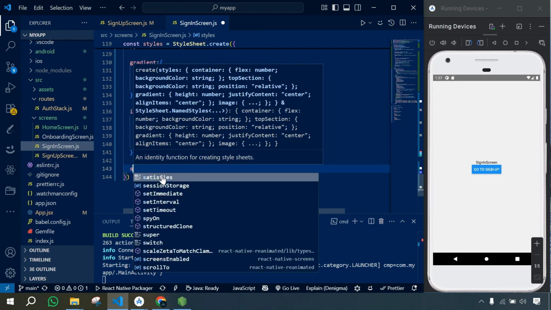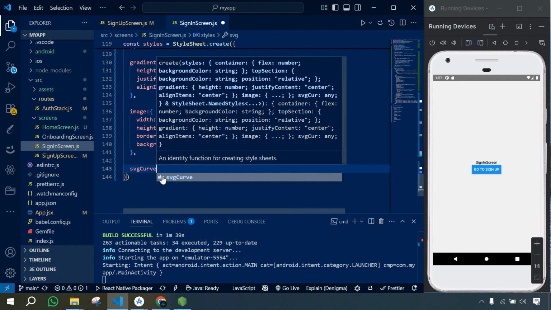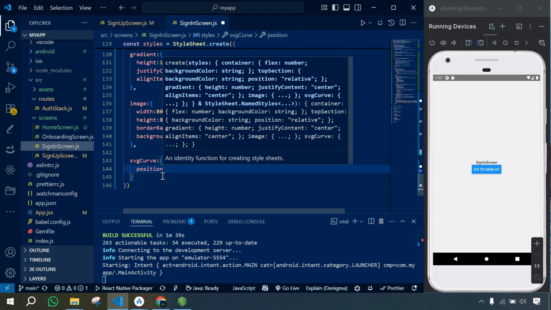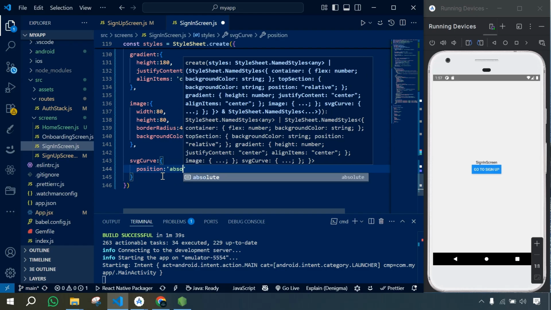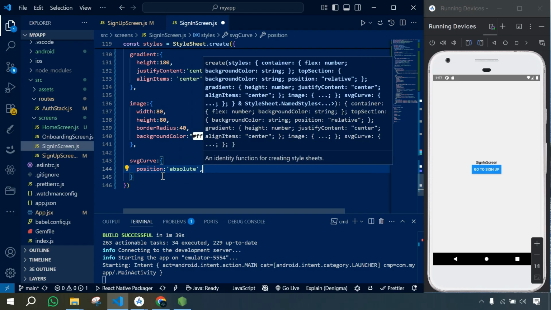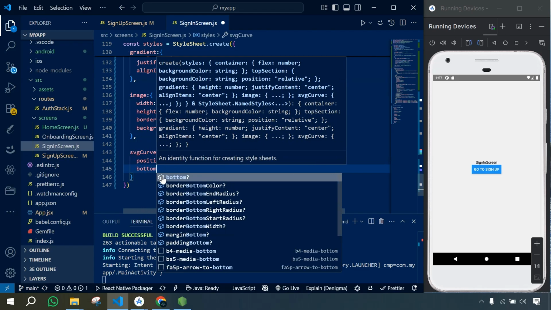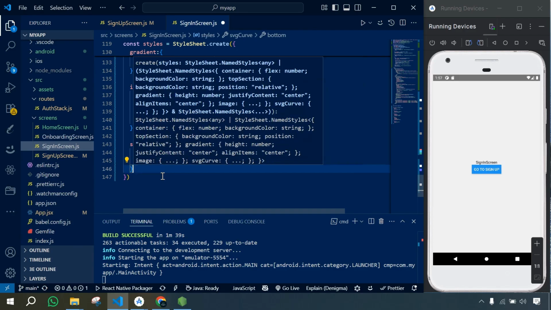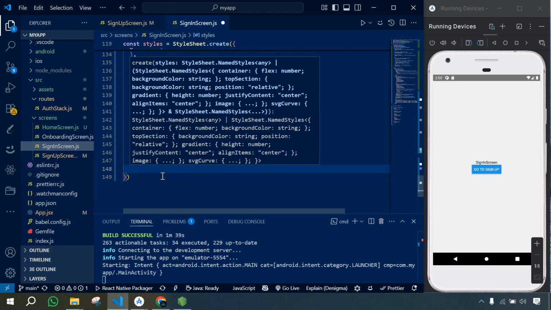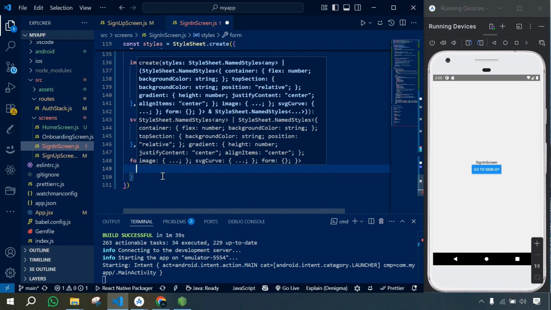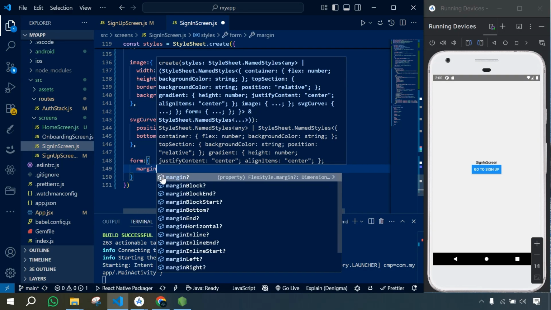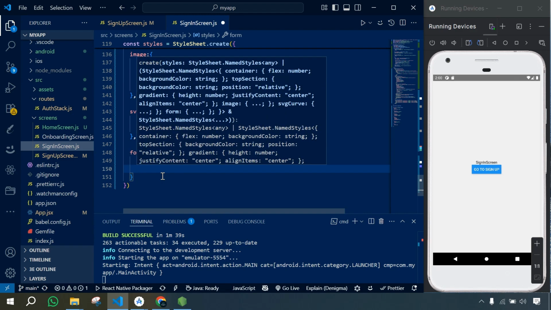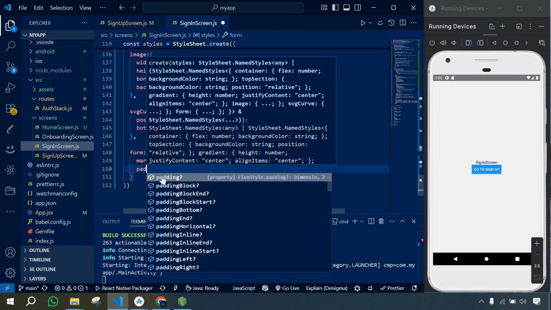After that our SVG curve, here position will be absolute, and bottom will be -1, and then for form margin top will be 80, and padding horizontal will be 20,